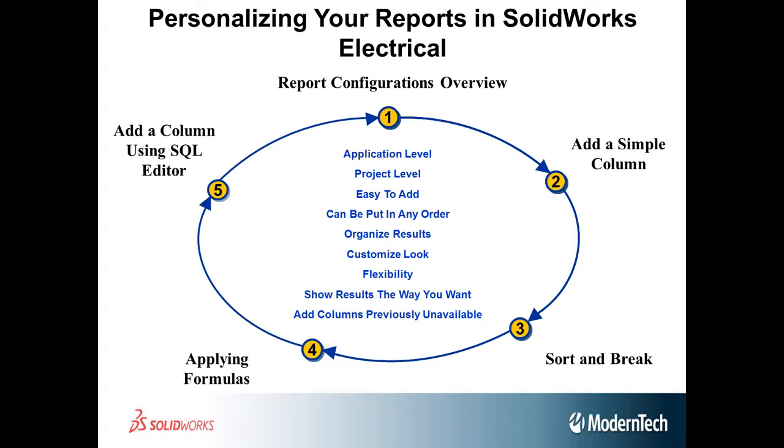So to recap, we went over our report configurations. We showed how to add a column that was already available. Use some of those different parameters to sort and organize your results. How you can apply a formula to those results to get them to look the way you want them to. And finally, how you can add a column that was not previously available. So with that,